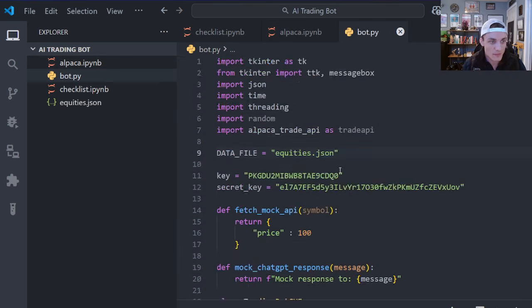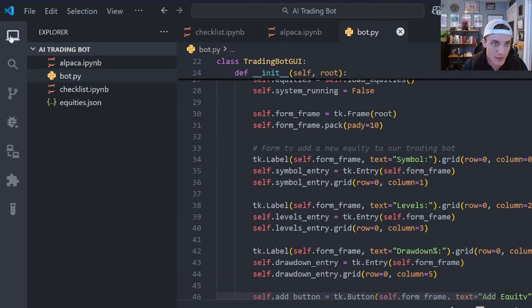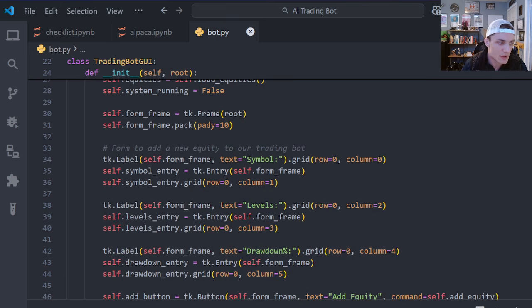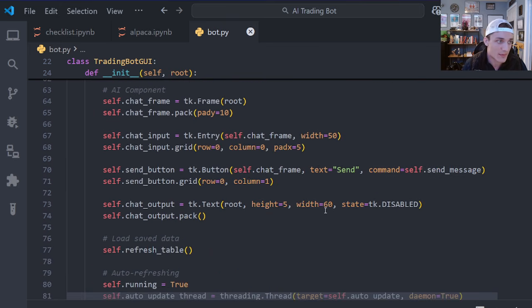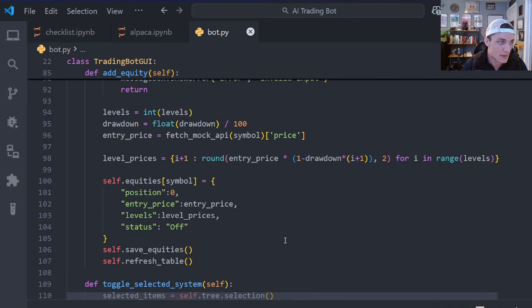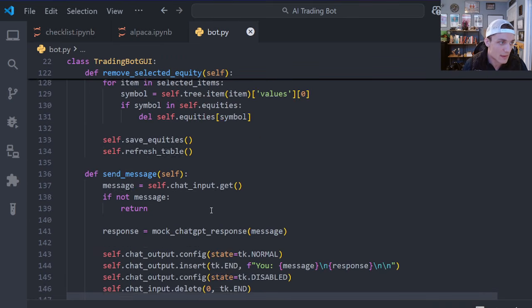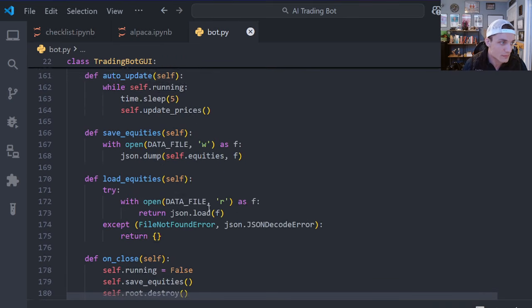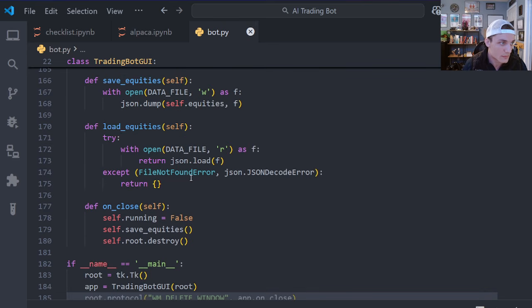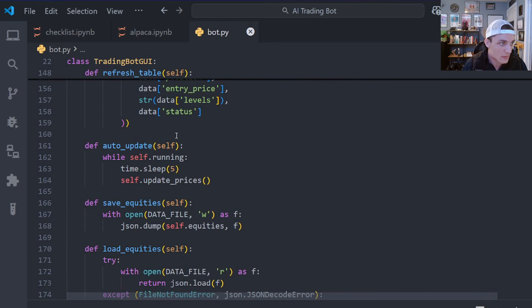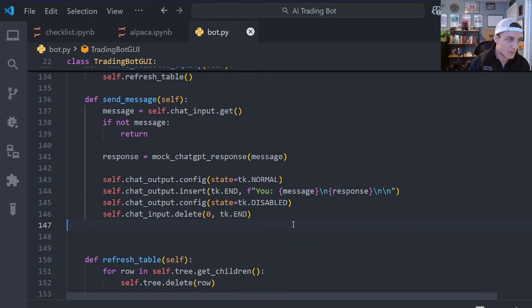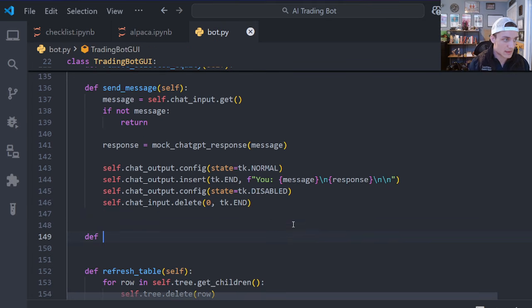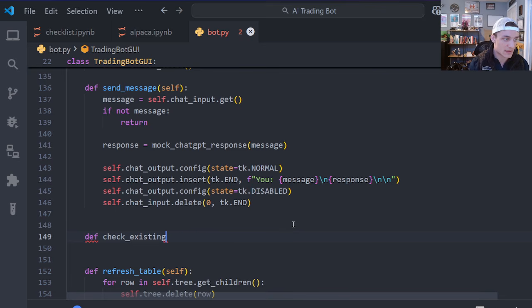Then everything should be all set on the trading side, and we can get to the AI component. All right, the first thing we've got to add to our trading bot here is a function to check to see if an existing order at a price level currently exists. So what we're going to do is add it right here after the send message. We'll say def check existing orders self,